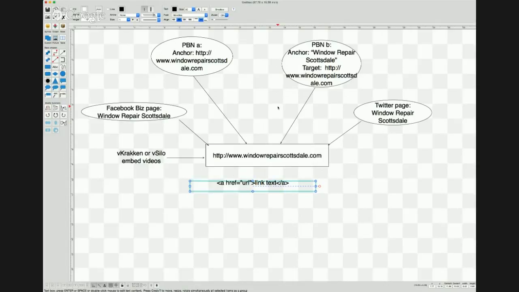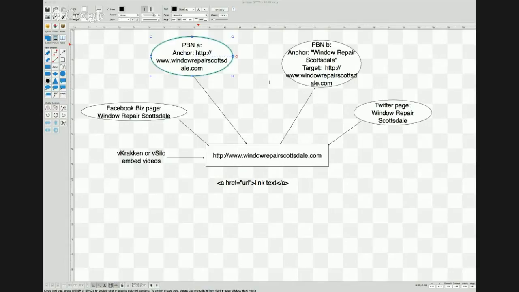So let's go back over here to what I've been sharing. It might have helped if instead of calling this PBN A, this was an expired domain. If you're brand new, you'll know more about this when you get into the training on buying expired domains at auction. Greg has a great tutorial on that. So this website, ideally, would be about something about plumbing if you're trying to rank a plumbing website. But we're just going to keep this page about this window repair site.